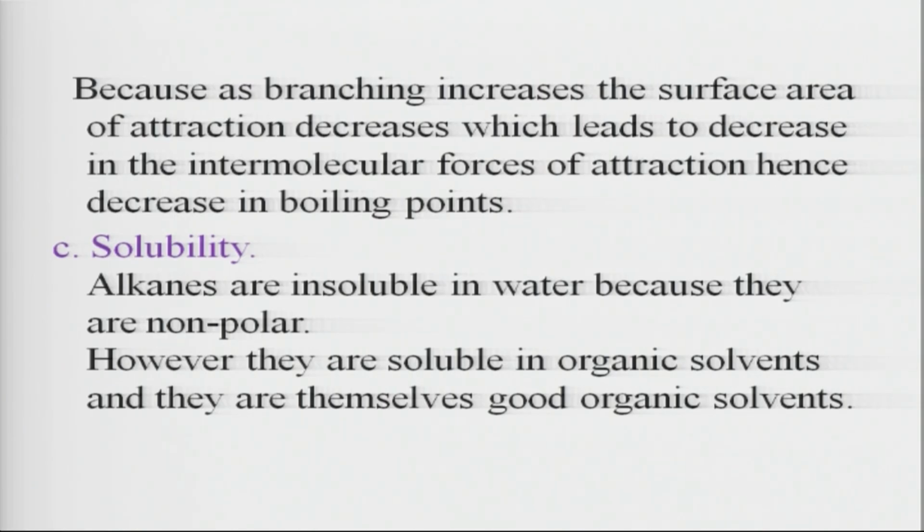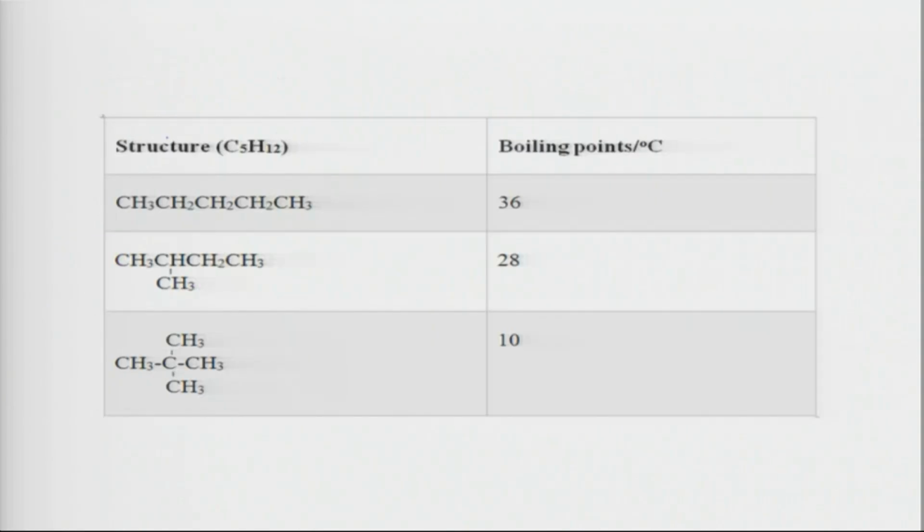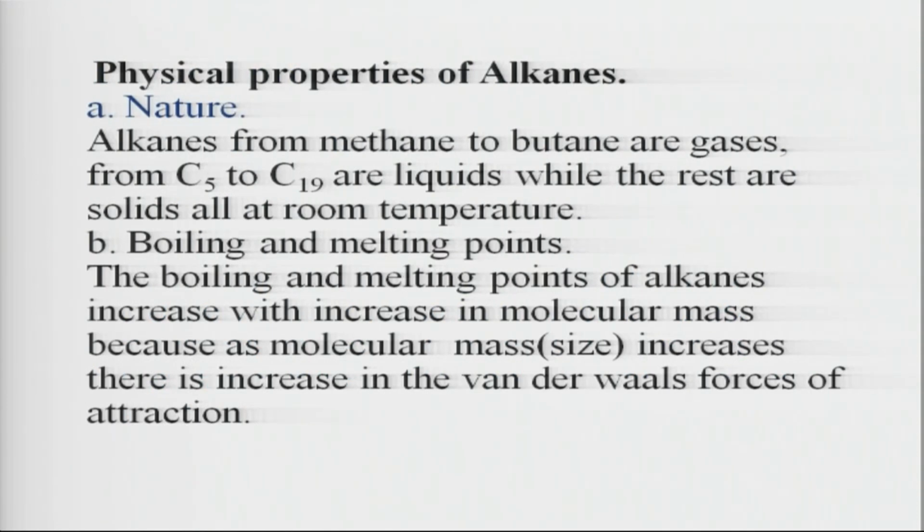So we have talked about our physical properties. We can quickly pass through them. The first one was nature, and we saw that the first 4 are gases, and because they are gases, we apply them for cooking as our fuel. Actually, we shall call them the natural